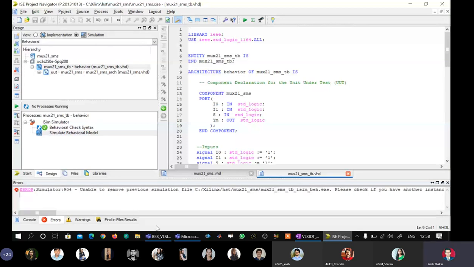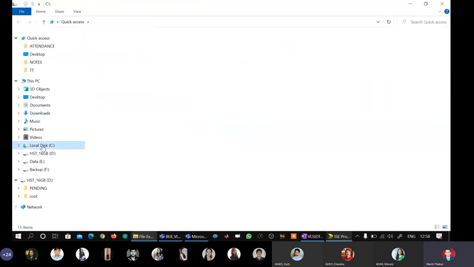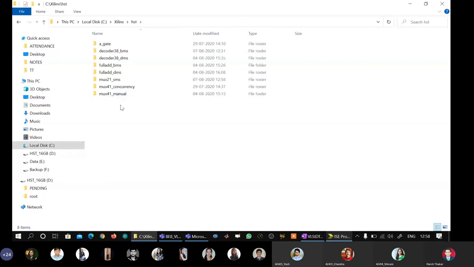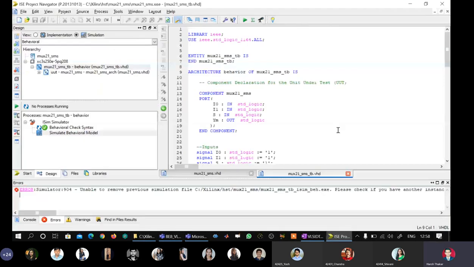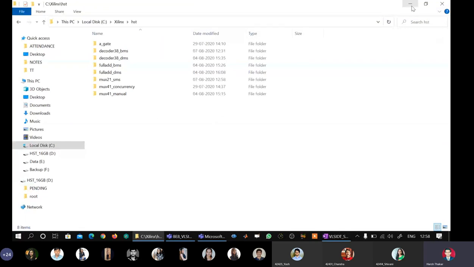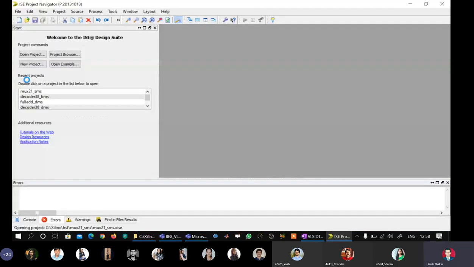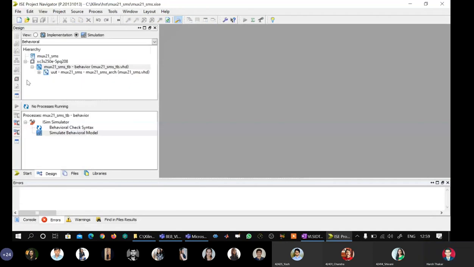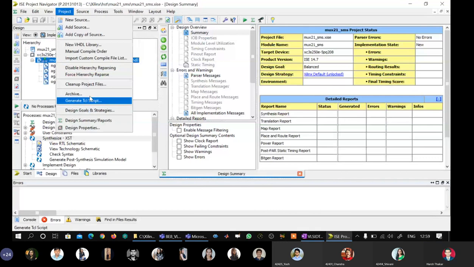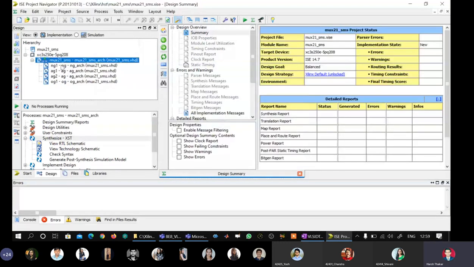Let me see if I can just close the tool, and I will try to resynthesize the whole model and see if the problem is removed.